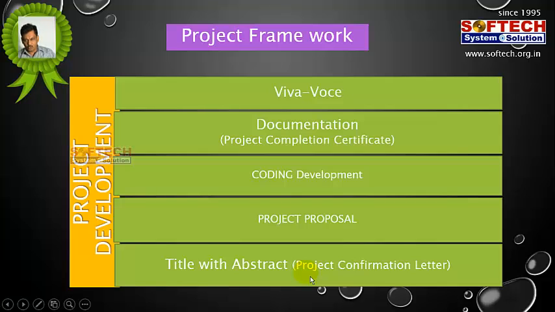First they list out the modules, then they define the module description and describe each module. The description includes the inputs, outputs, processing, and the relationship between the modules. For example, the output of module 1 may go to the input of module 2. So the student wants to describe the relationship between the modules. This is the module description.